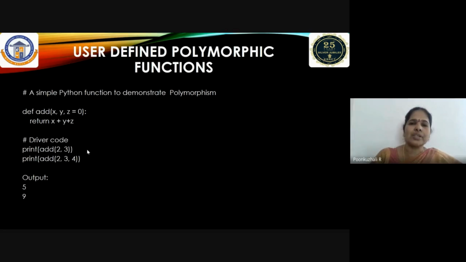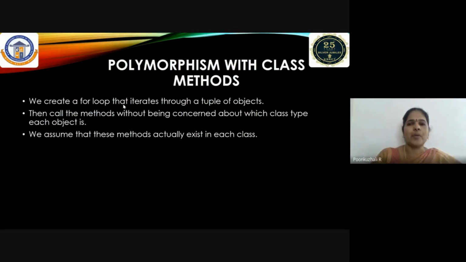So the same function is called and it is adding the values, but it behaves in a different way depending on the number of parameters which I am passing. So it is called polymorphism. It behaves in a different way, and it depends on the signature. Also we can have polymorphism